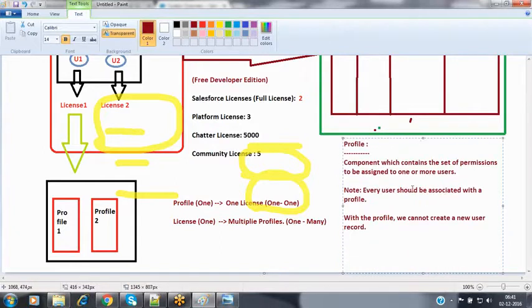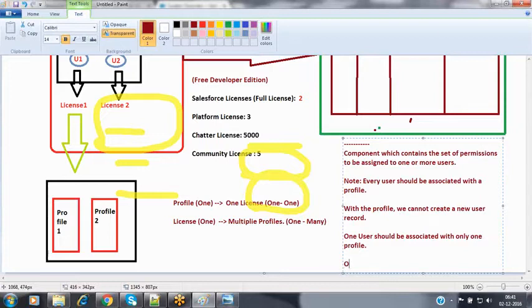Now, whenever you are going to be associating that, one user can be associated with only one profile. But one profile can be assigned to multiple users.